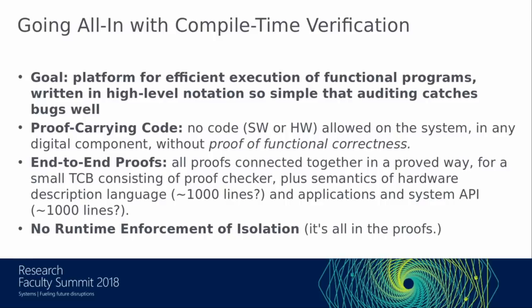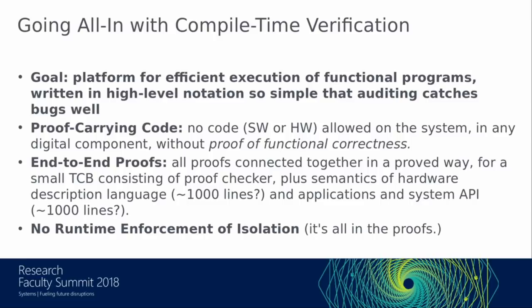we're relying on. I want the starting specifications we work with to be so simple that we can more or less just have a few people read them and we'll catch the major issues. The code will be so short that that's feasible. I want to try applying a proof-carrying code approach where we just say, if you want to run your code on my system, you need to give me a proof of full functional correctness, or I'm not going to accept it. And I think this is getting to be feasible for both software and digital hardware.